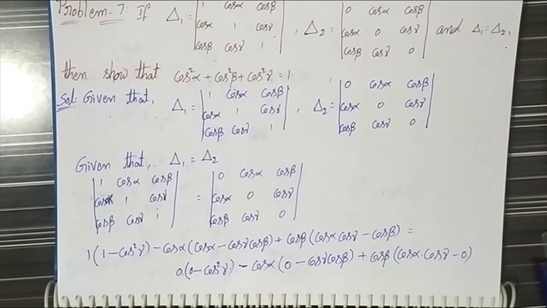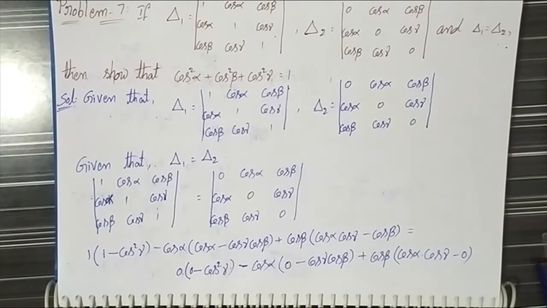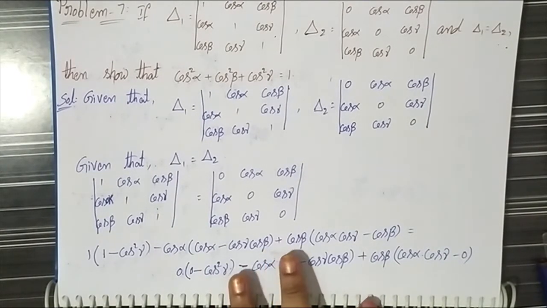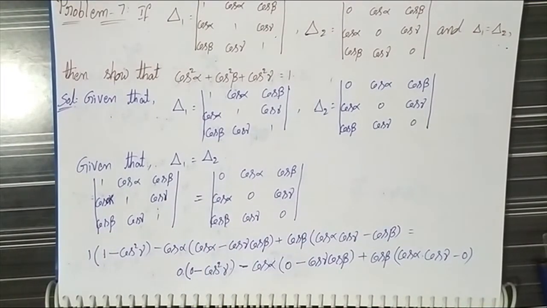This is the determinant value. Then after multiplication we have,